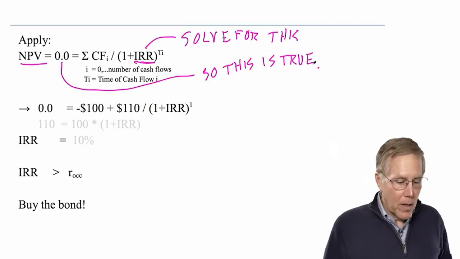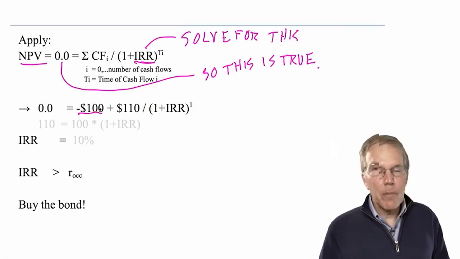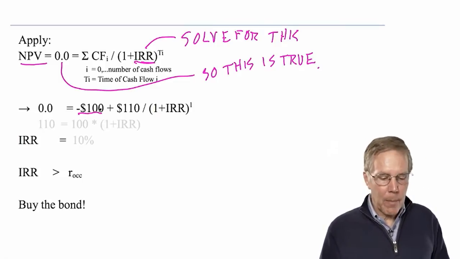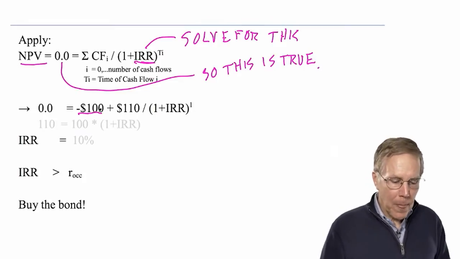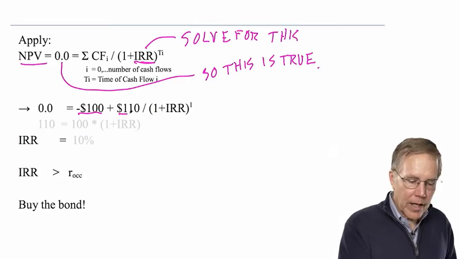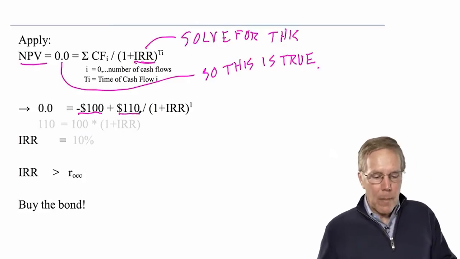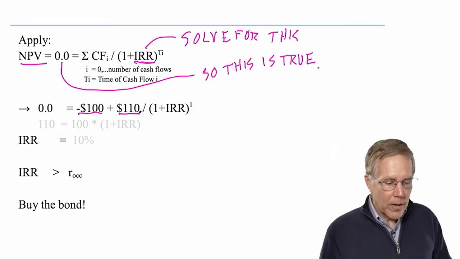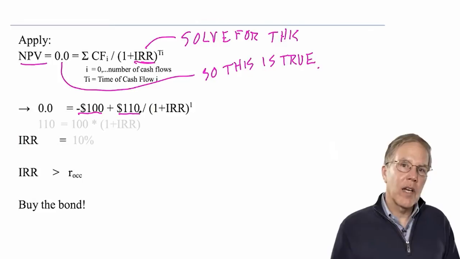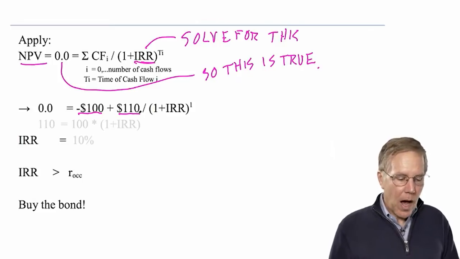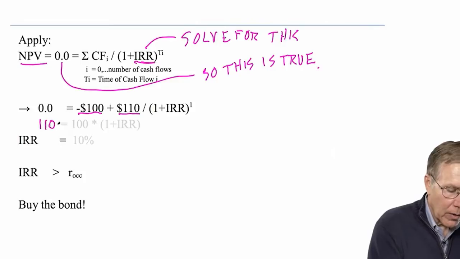So I'm just going to plug in like we did before. Here's our cash flow at t equals 0, and I'm not going to bother dividing that by 1 plus IRR to the 0, because 1 plus IRR to the 0 is 1. But our cash flow we'd get in a year, our 110, I do need to divide now to discount it by 1 plus IRR to the 1. Then through the magic of algebra, I can multiply both sides of this equation by 1 plus IRR and do a little more work, and I get, as you can see in gray,